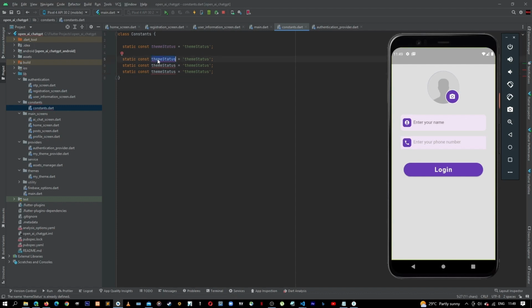First, let's say registration screen, registration screen. This will be our home screen. This will be our user information